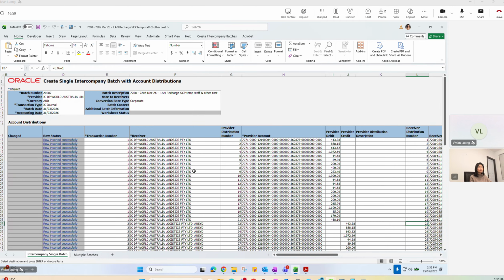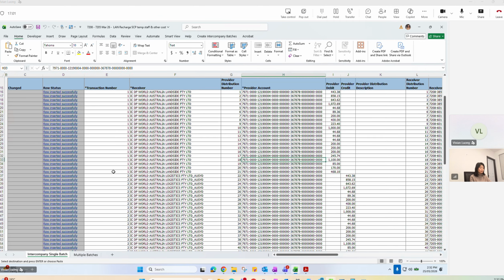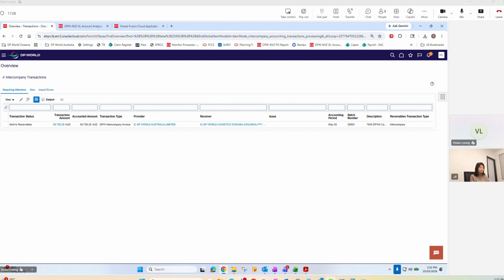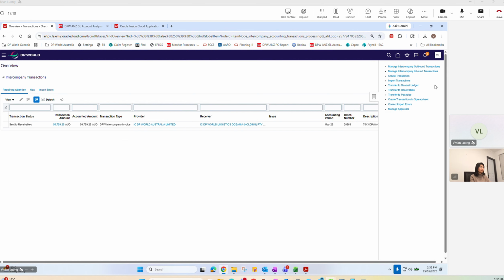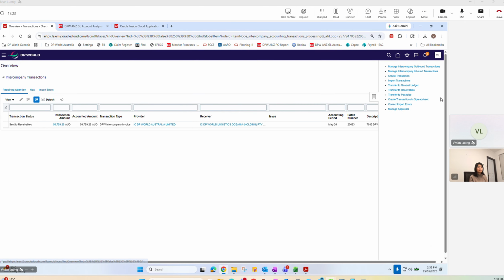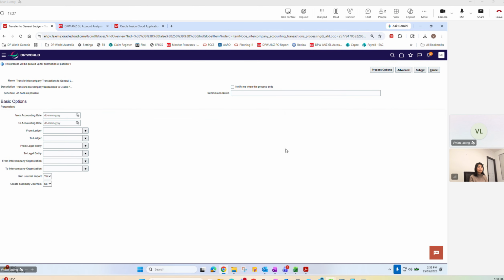And then once you save and submit, it will show you this row inserted successfully. And once it's inserted successfully, you go back to intercompany journal, and then this page, you will see that your journal will be here. So this one is my journal, yes. And then you have to go to transfer into general ledger. So once you transfer, then just click submit,